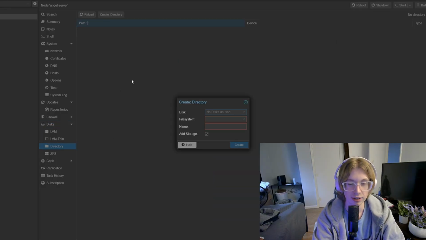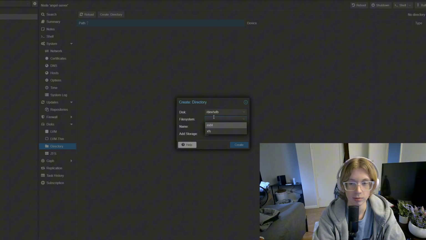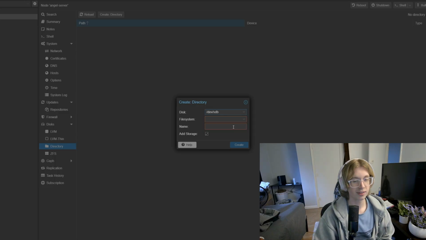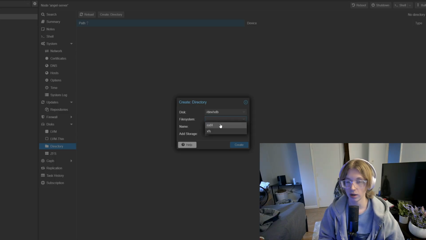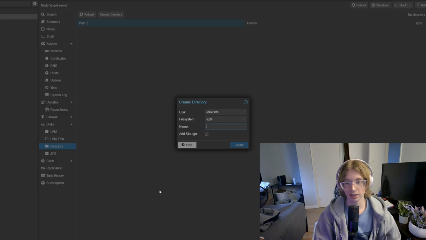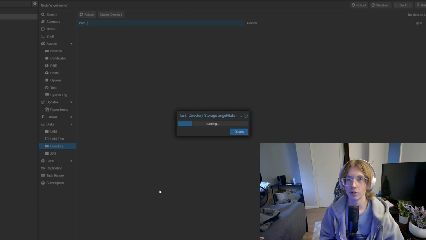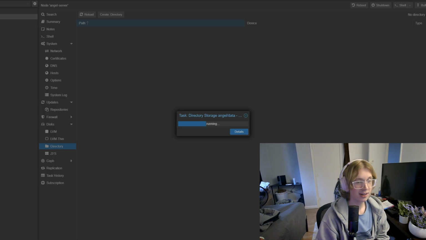Now I'm just going to click the directories tab. I'm going to create a new directory. I'm going to select that 500 gigabyte hard drive, put the file system as ext4, and I'm going to name this directory angel-data. And Proxmox now has a home for backups and data at